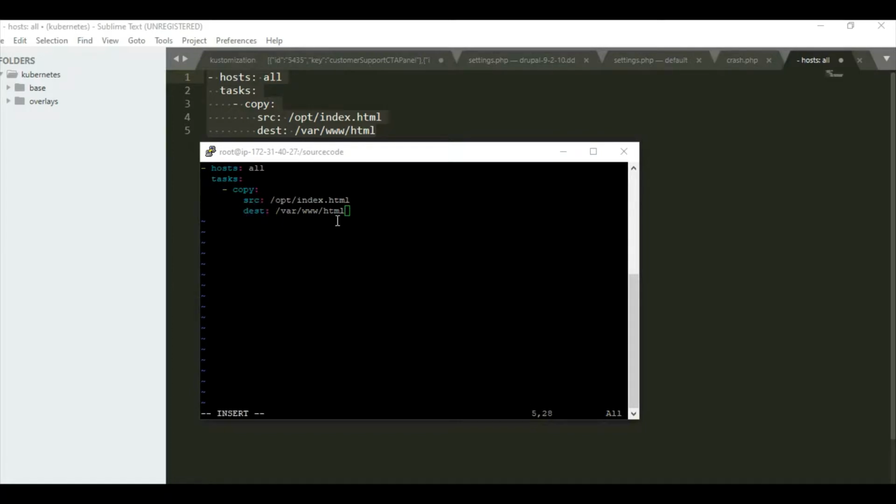Now the question is how the source folder will get this index.html file. The answer is it will get it when your compilation gets triggered and your job gets triggered on the Jenkins server. When your job gets triggered on the Jenkins server, an index.html file will get created in the opt folder, and Ansible will pull that file from the opt folder and push it over to the